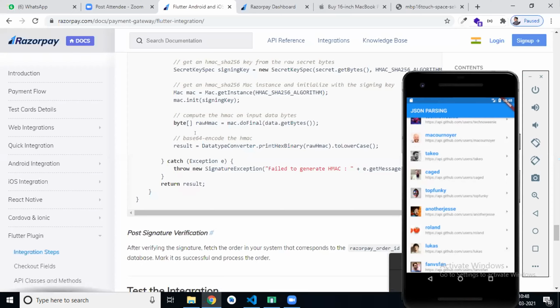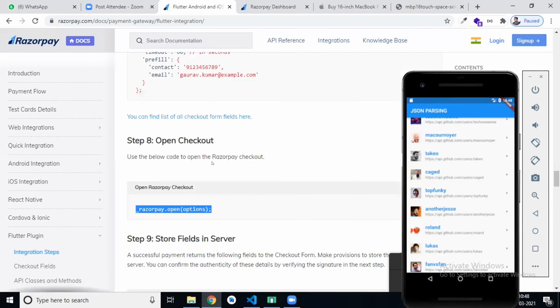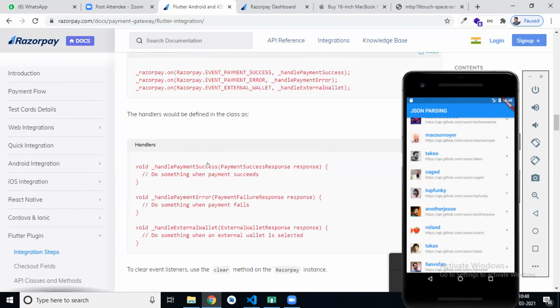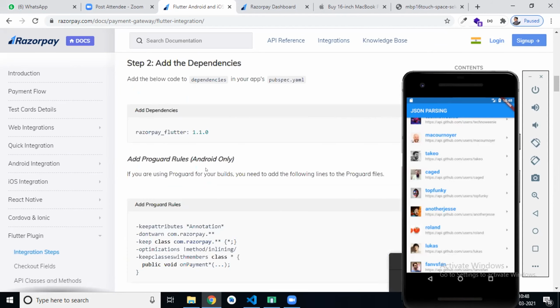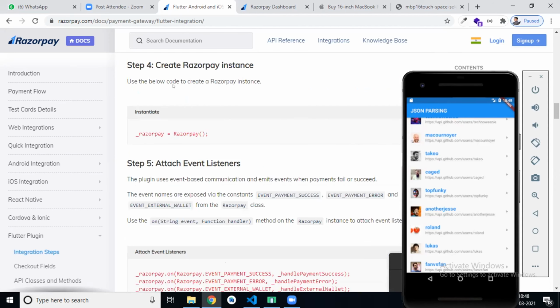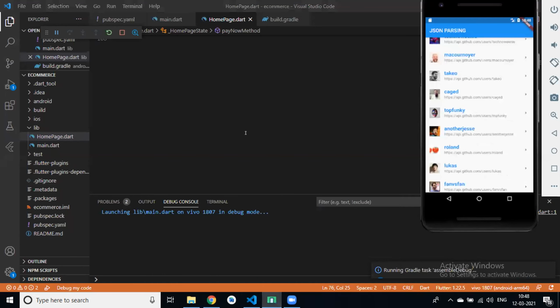I simply followed the Razorpay official documentation in front of you. So follow all these steps, and skip only the server part, because we don't have any server right now.